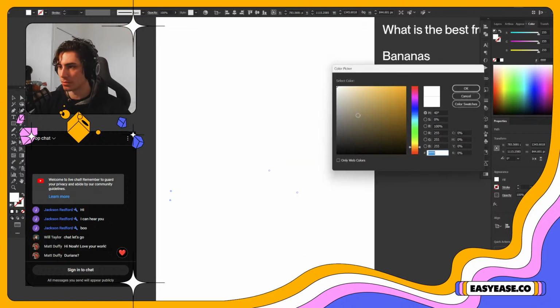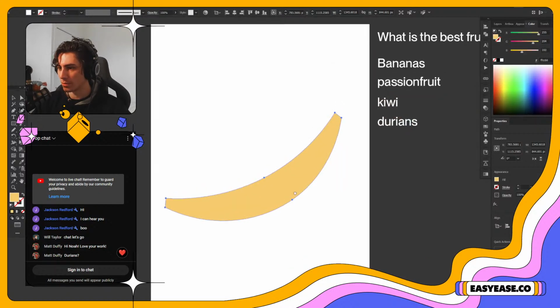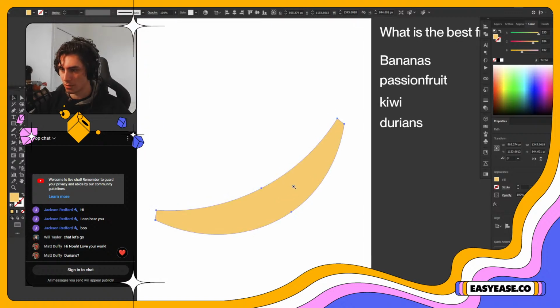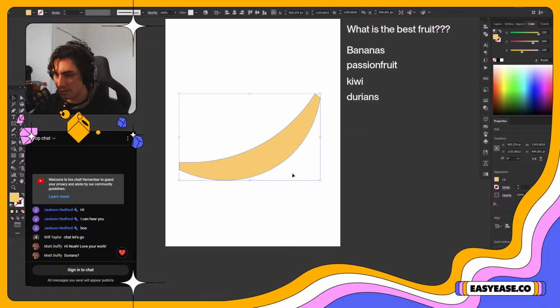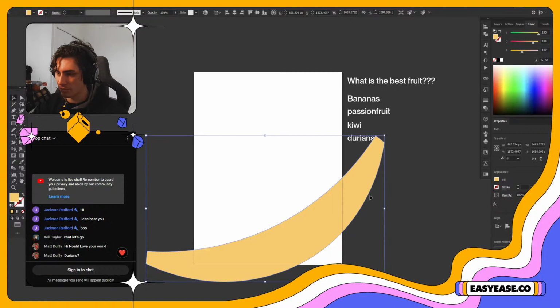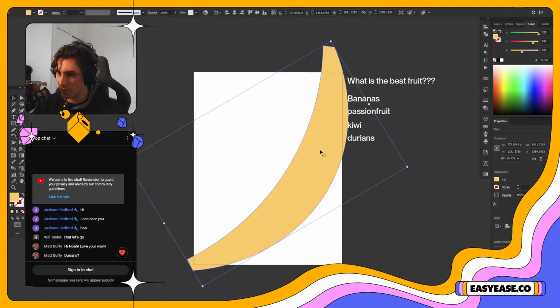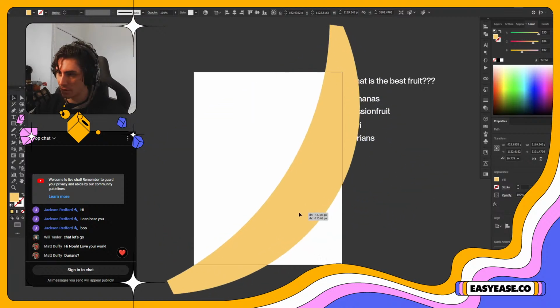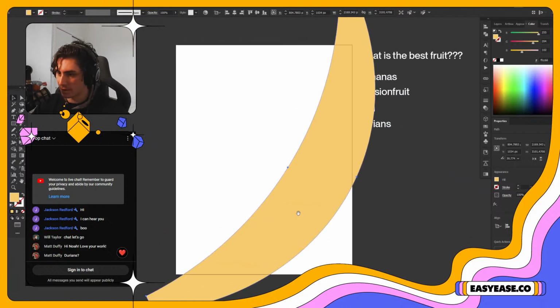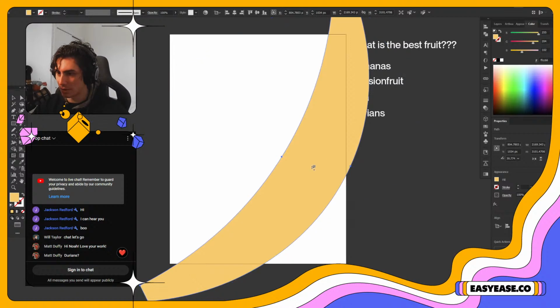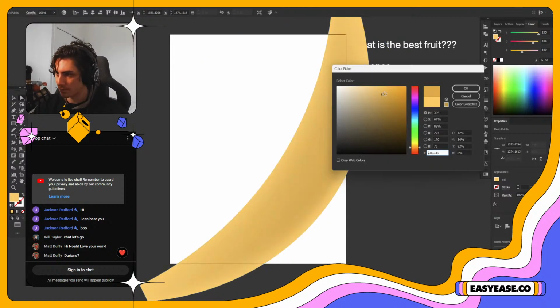Let's make it yellow so that we know what we're working with. How do I want to do this? I kind of like the idea of having a really large shape that covers most of the canvas here, and then letting that just imply what fruit we're mucking about with here.